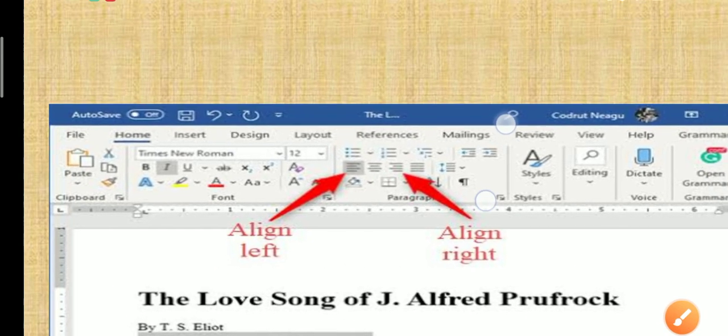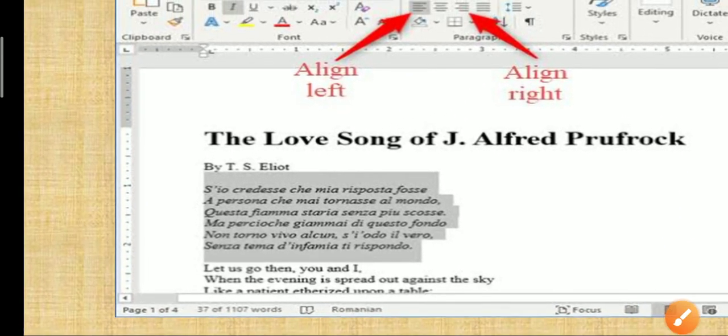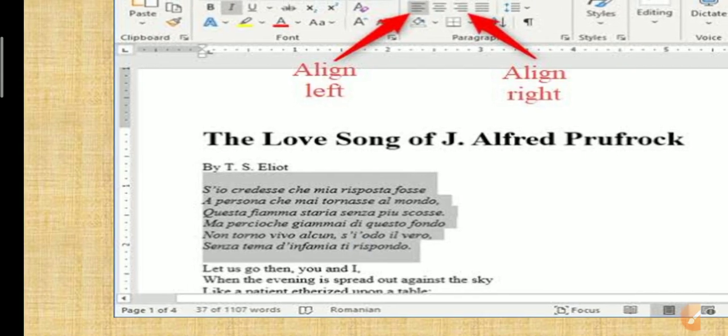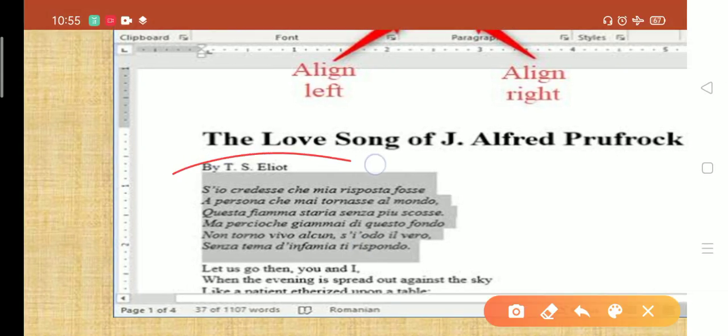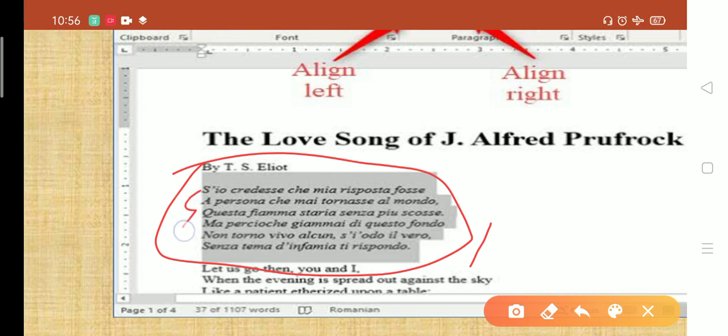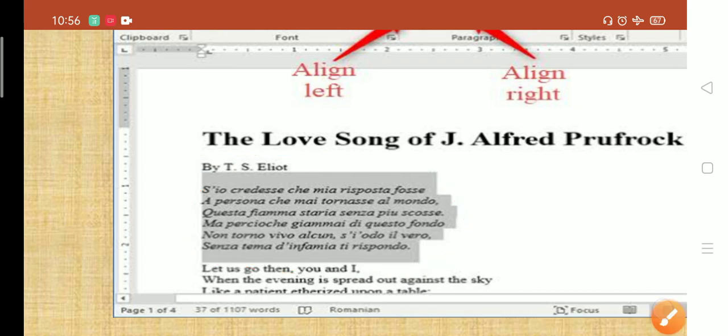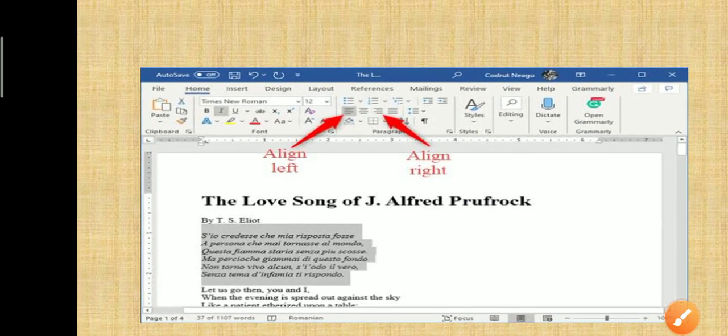Clear? So how will it be aligned? Like this only, in one line. See, you can see the paragraph is already aligned over here. This is the paragraph which is aligned to the left. Okay, so this is how you can do it. First it was at middle, and then it is clearly aligned right now. Okay, one, two, this is alignment to the left. Clear?